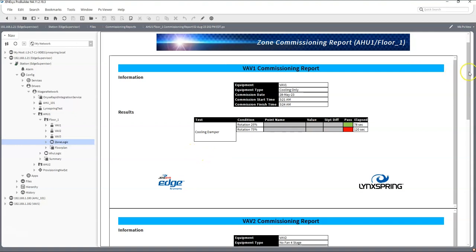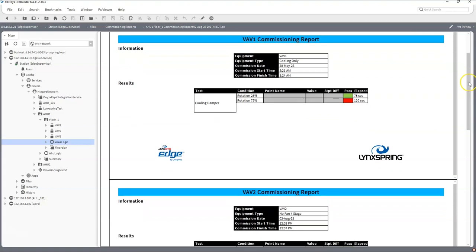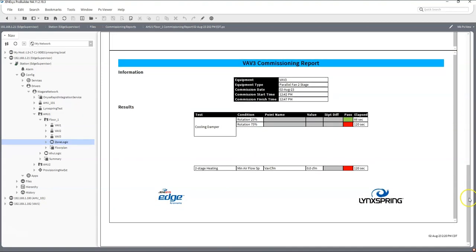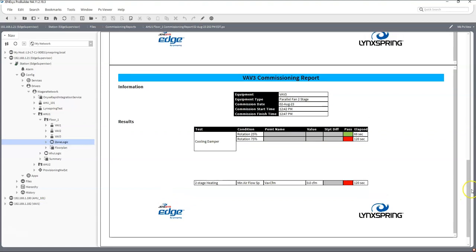It'll show you all the steps. And again, I'll go through that process at the end of what you should see and how these actually properly commission. But this is actually a link to the zone report. So you're going to see the VAV name, the equipment type, the commissioning date, the start date, and the finish